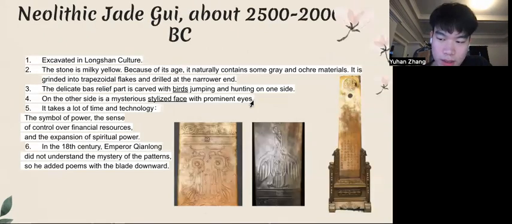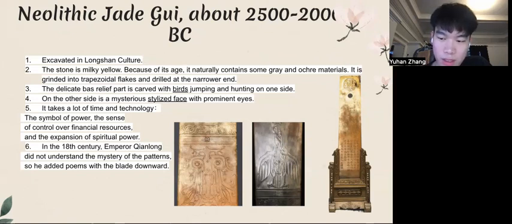This is a Jade Gui, the earliest carrier of art that has appeared in tombs. The collection is a Jade Gui which was found in the tomb of Longshan culture as a sacrificial utensil. On one side, it's a divine bird that breaks through the sky. On the other side is a god with very huge eyes and some carved symbols of sacrifice. The pattern is very shallow but complex because people at that time didn't have any tools for carving, but used